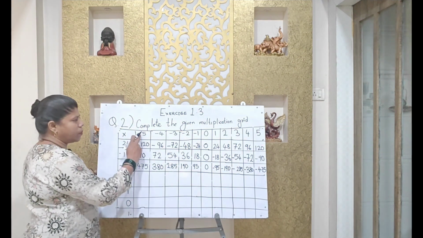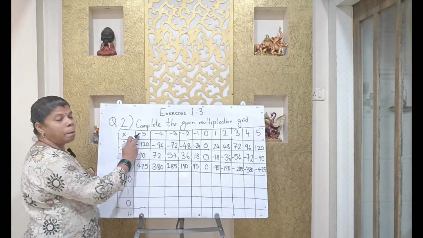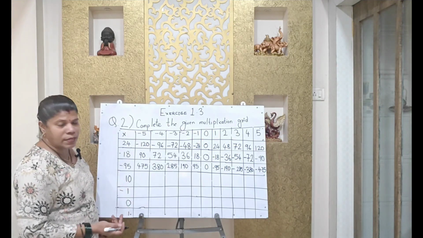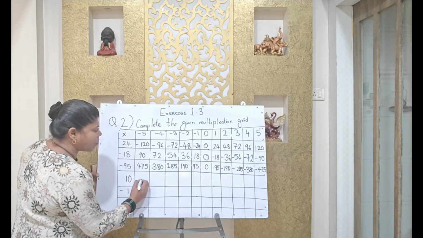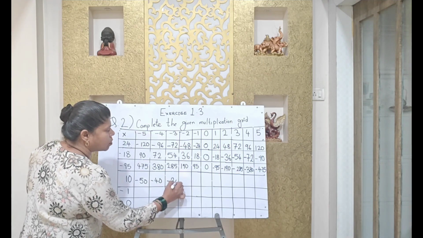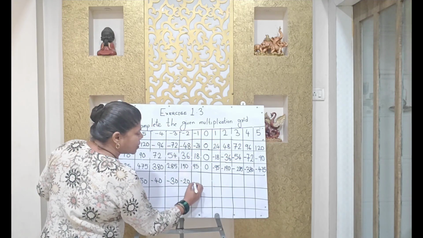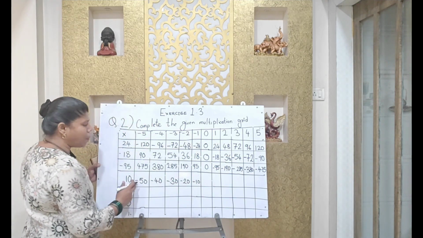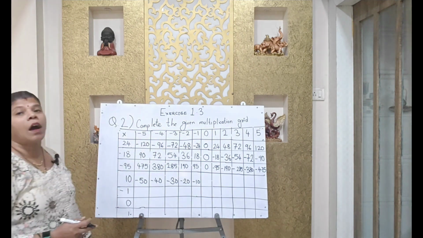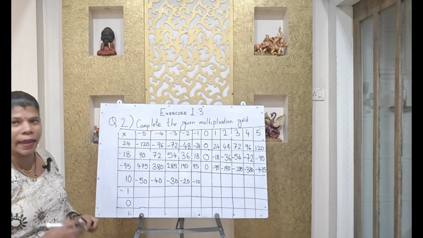Now we will do this. The multiplier is positive and the multiplicand is negative. So positive, negative, opposite sign, the answer will be negative. 10 5s are 50, 10 4s are 40, 10 3s are 30, 10 2s are 20, 10 1s are 10. So all have a minus sign, because the multiplicand and the multiplier have opposite signs, and we know that for opposite signs the answer is negative.